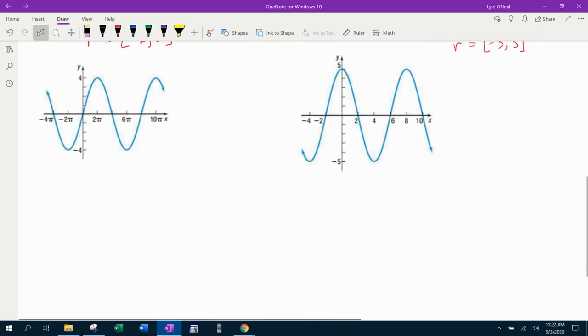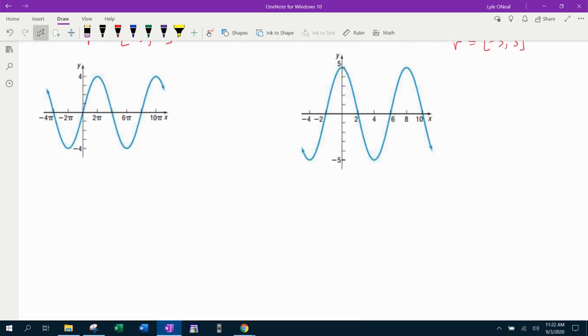Okay, so the last thing we need to talk about then in this section is doing the reverse. If you're given a graph, can you get the equation? And the answer is yes. Turns out that it's not that hard. Here we go. For our first example here, we're going to call this example 1. The first thing that you need to determine when you're going to write the equation from the graph,